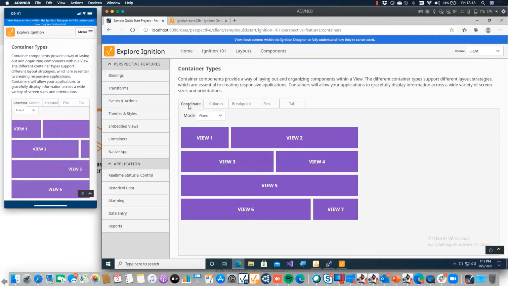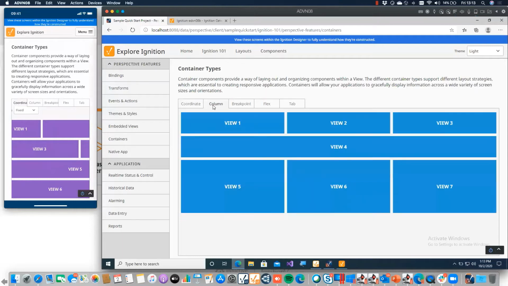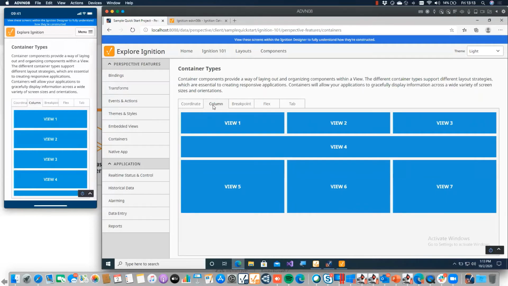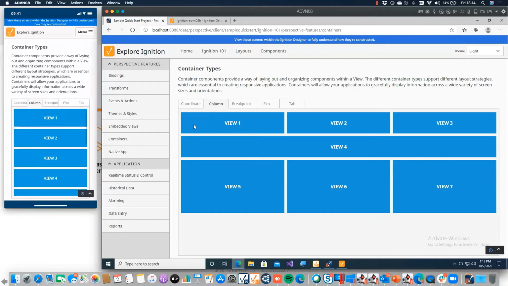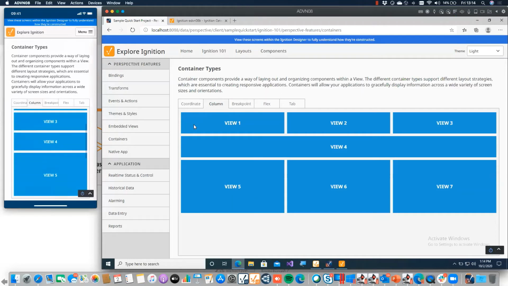The next type of view that we can create is what we call a column view. And a column view is literally there to create different columns and show different components in these columns. And the component size will be the same for every column. You'll notice that I can specify a different size for that column, and I can specify which views I want to view in these different components that we've got. And the one that we are very interested in, and the one that I'm going to build out today, is